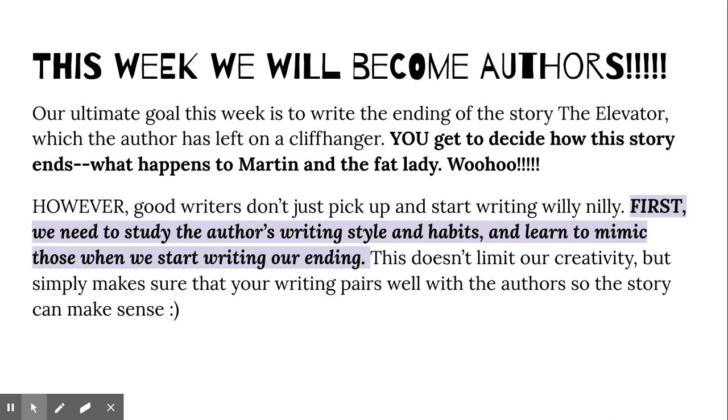The first thing we have to do before we start writing a story and being creative is start to pick up on good authors' writing styles and habits, and then learn to mimic those when we write as well. Because sometimes our creativity makes us a little bit sloppy. So we need to learn how to rein that in, be creative, use all of these techniques, but do it in a way that makes a story really nice. And so